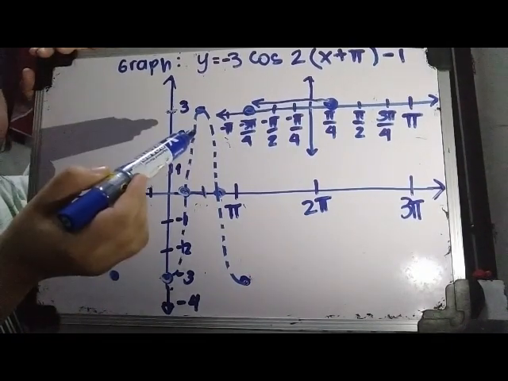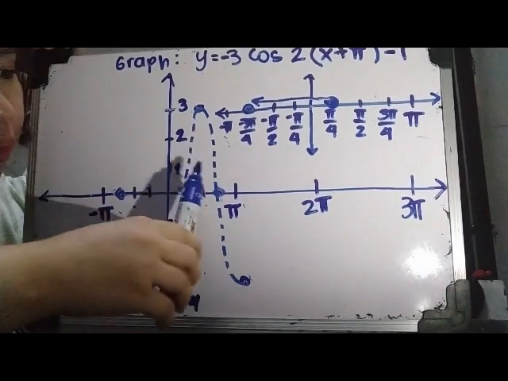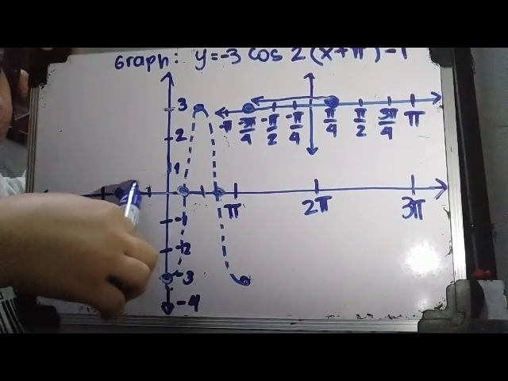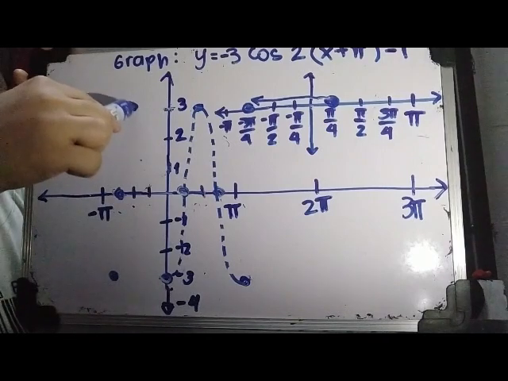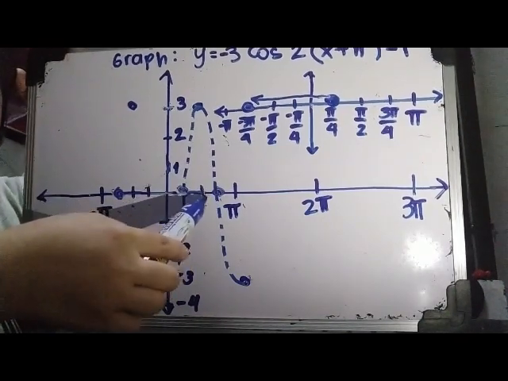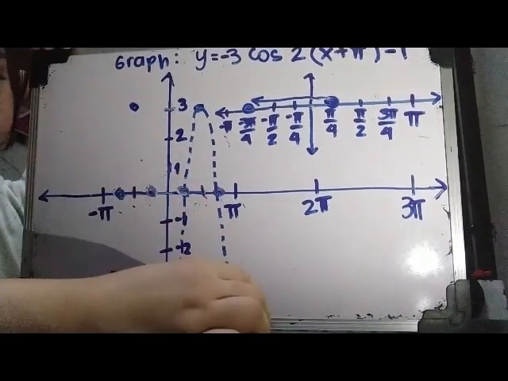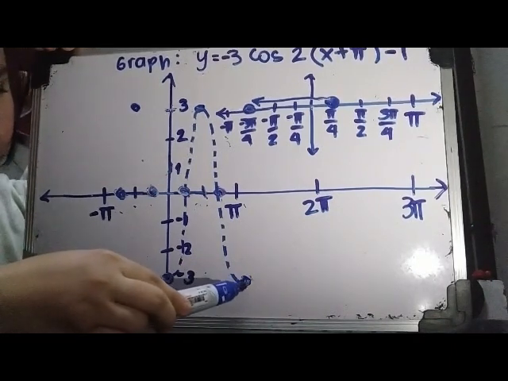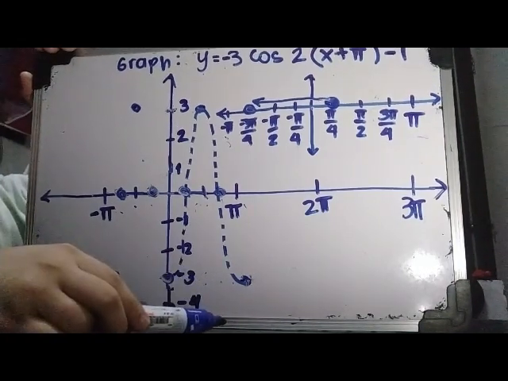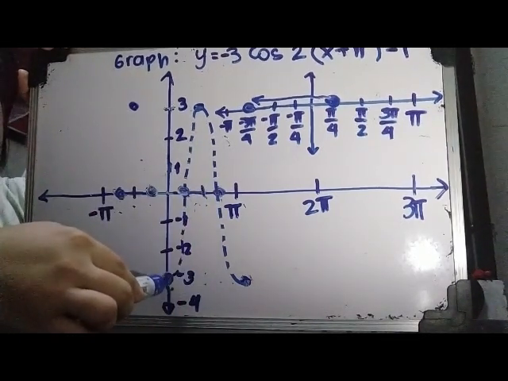Okay, next, let's have the peak of the graph. So move it pi unit to the left. So from here, 1, 2, 3, 4. So it must reach until this coordinate. Okay, and then this point on the central line, 1, 2, 3, 4. Okay, and then lastly, the point at the trough, it has to move pi unit to the left. So 1, 2, 3, and then, wait, I missed it. 1, 2, 3, 4. So you will reach until here,